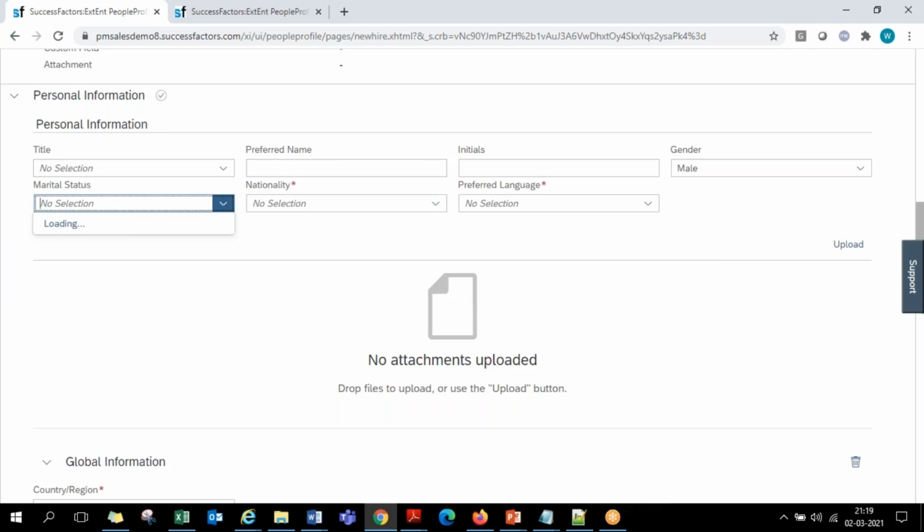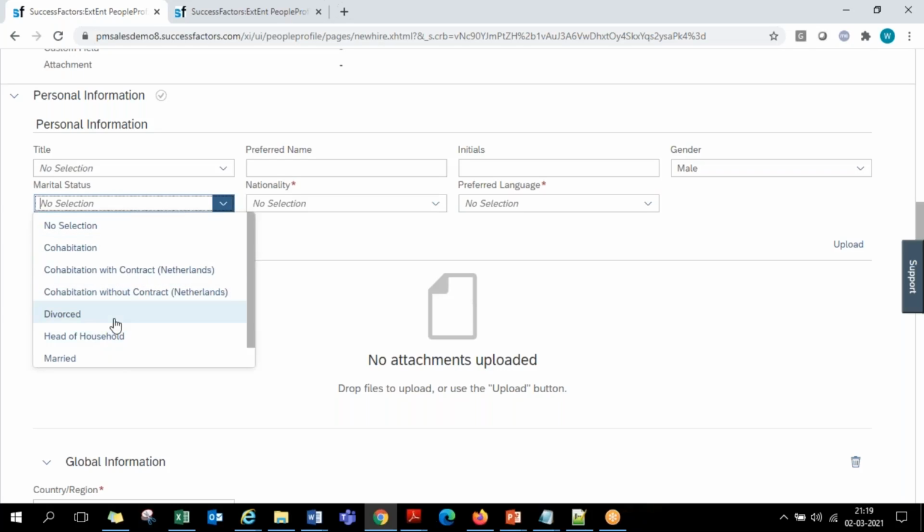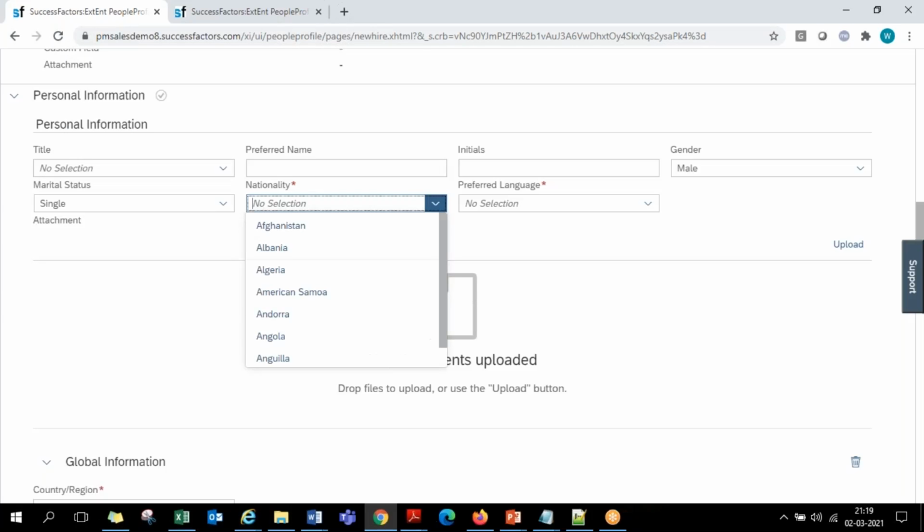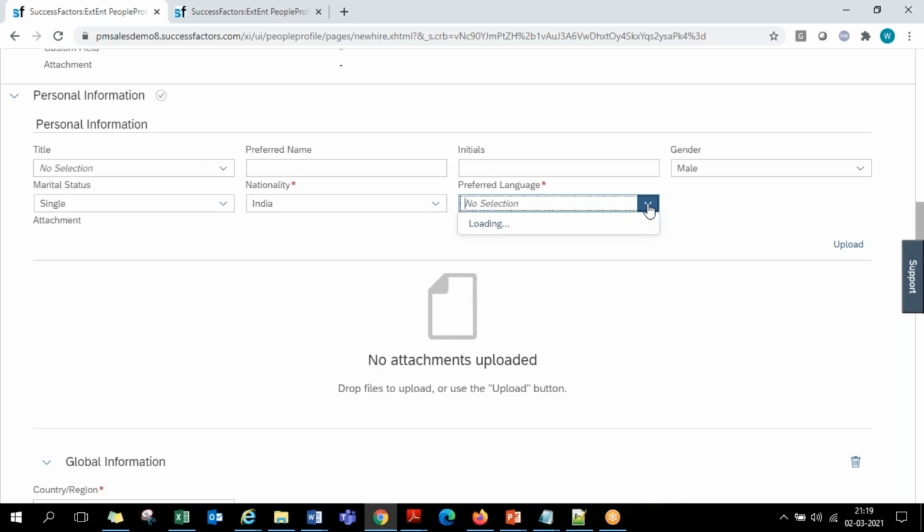Gender, marital status, nationality, preferred language. These are all standard drop-down values served by SuccessFactors in any customer system. And under the concept of pick list, we'll see where all these are actually coming from. So if I want to maintain something, I can maintain it like this.